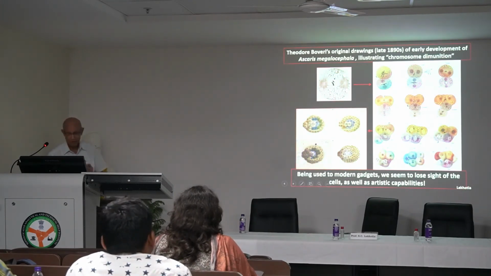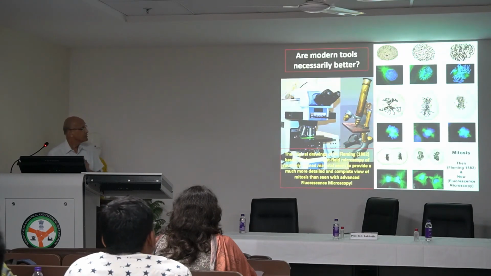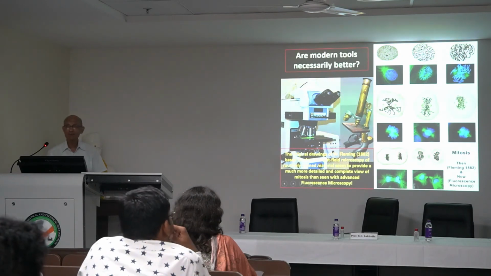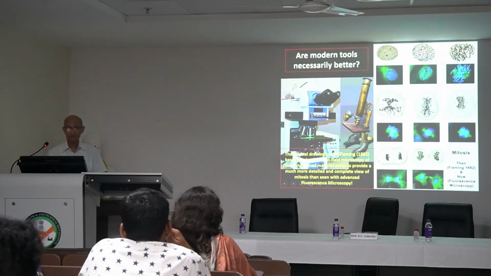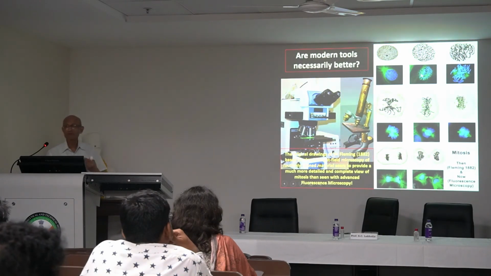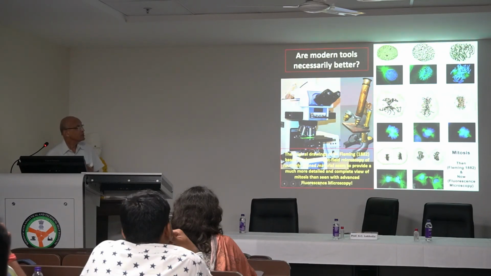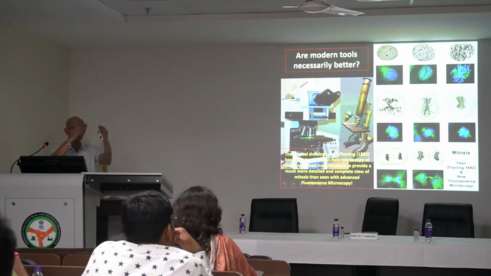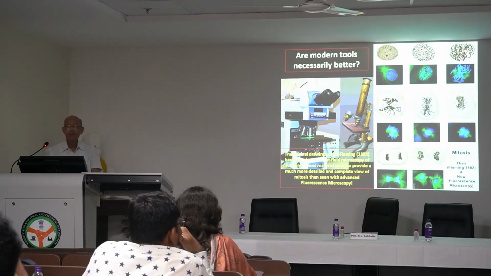But why I am showing these images is, let's not forget that our eyes will do much better than what we do with them. And here, I have compared mitosis drawings by Flemming in 1872, when he discovered mitosis. Remember, Flemming had no teacher to tell him this is prophase, metaphase, anaphase, and telophase, which we now teach our students or we learn from textbooks. He was the one who discovered this. And this is important, how we identify that they go through this process. Cells are not arranged linearly, that okay, you have first a prophase cell and then a metaphase and so on and so forth. He had to imagine.